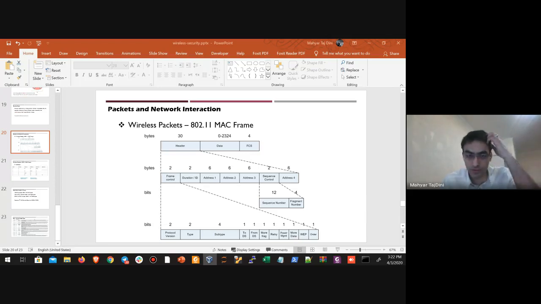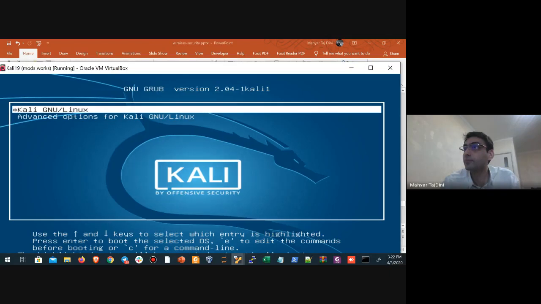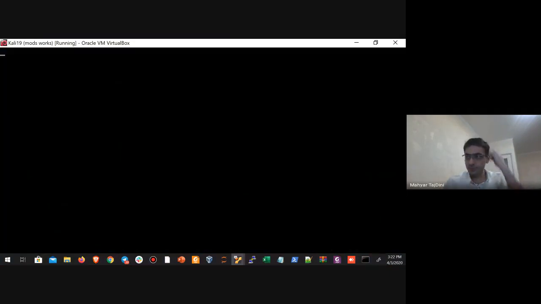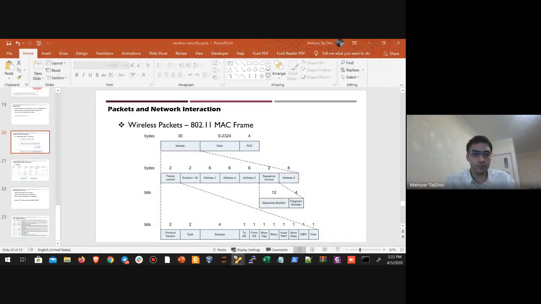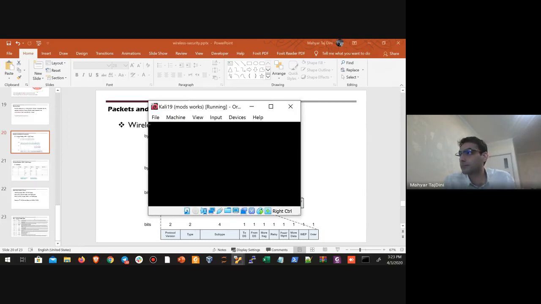Just a second, let me turn on my computer. Just while my virtual machine is loading,